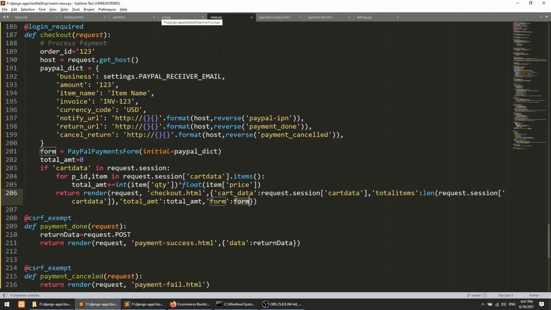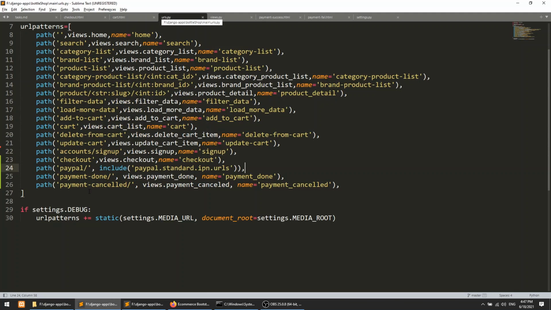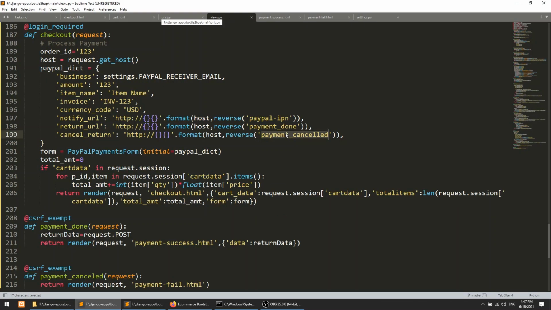Okay, so it is form, if the card data is in session, so that it will show the form, else not. And we are setting the things, payment done, payment cancelled, we have already defined in the URL. Payment done.